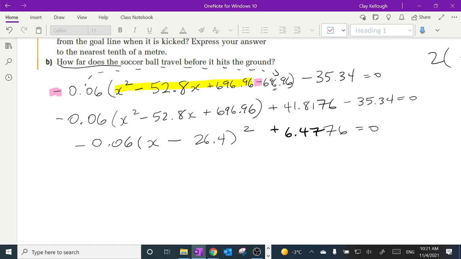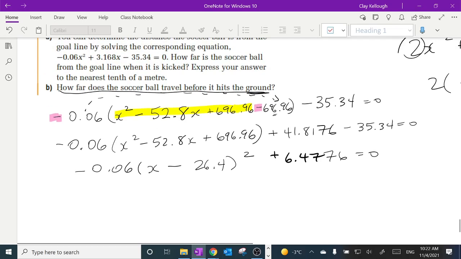Because how far does the soccer ball travel before it hits the ground, right? How far is the soccer ball from the goal line when it is kicked? You get the idea. We need the x-intercepts. A is the first x-intercept, the smallest one. B is the biggest one. Okay, so